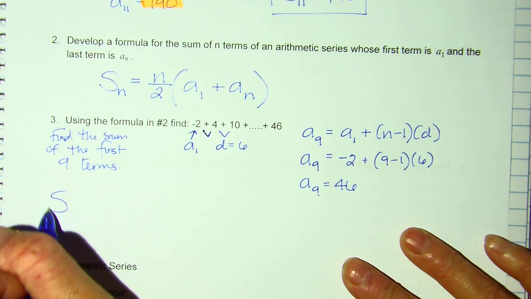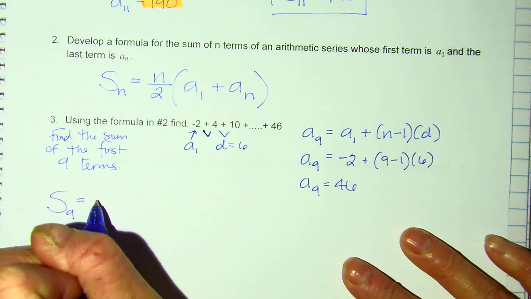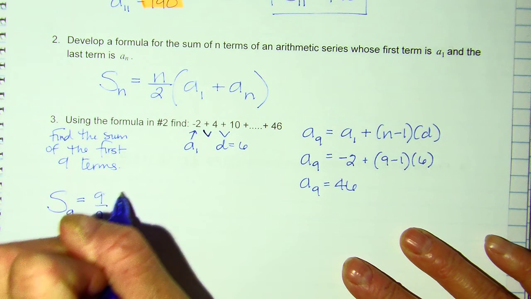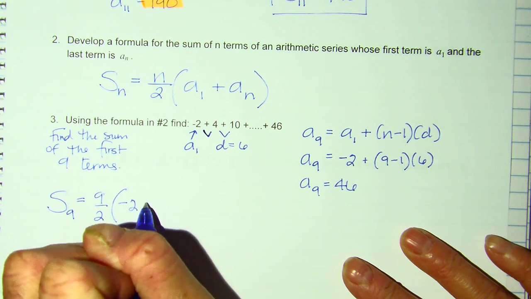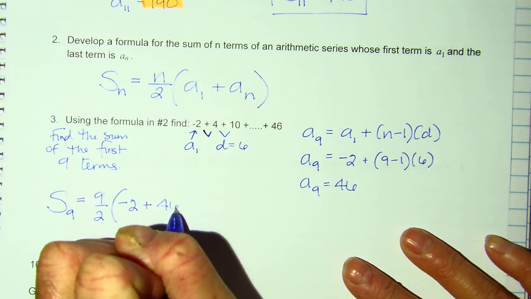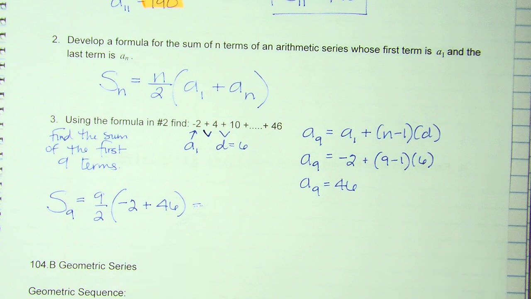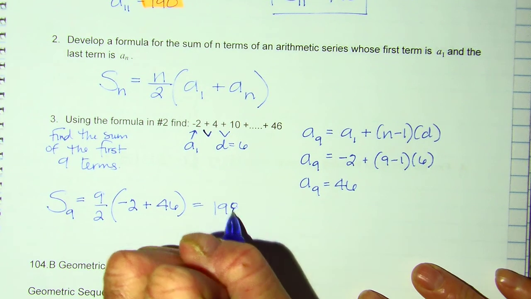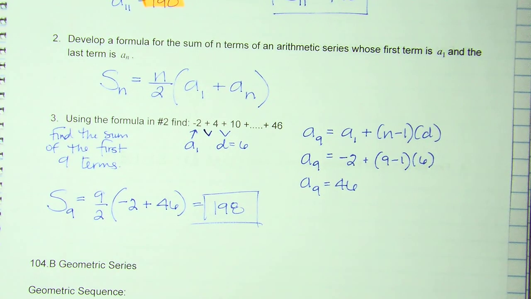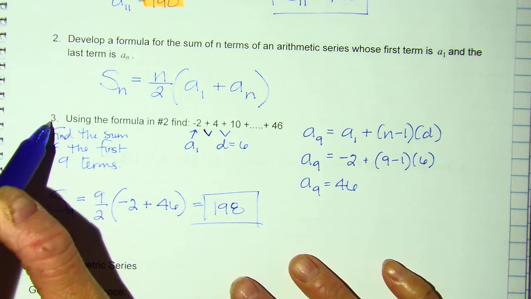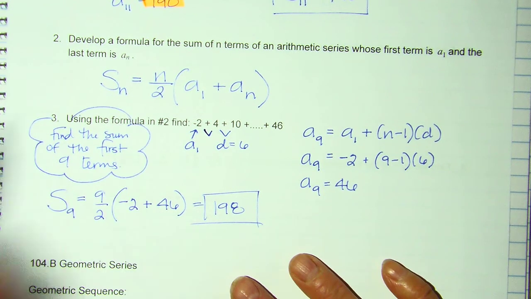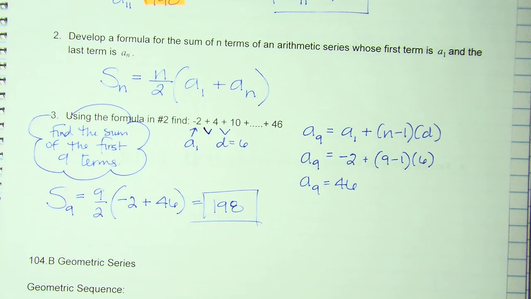So to find the sum of the first 9 terms, I have to do 9 over 2 times the first term plus the 9th term, which in this case is 46. So 9 over 2 times -2 plus 46, and I get 198. So that is the sum of the first 9 terms. So I apologize. I should have typed this up for number 3. All right, moving on in our notes